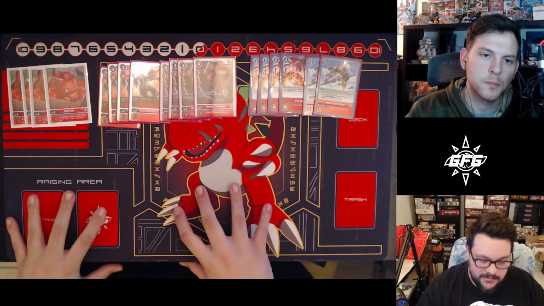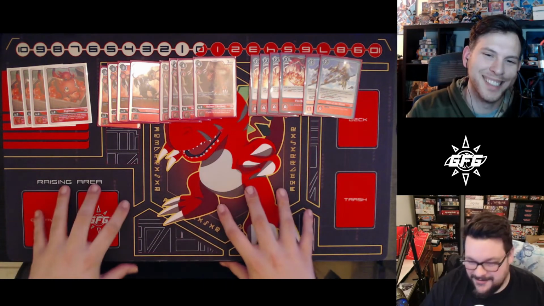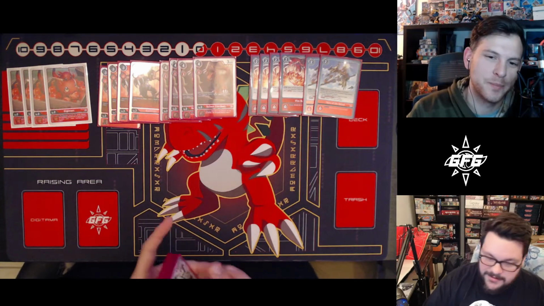So we took this, well, you took this, I took it from you. You took this and paired it with Blue Hybrid. So the rest of the list,